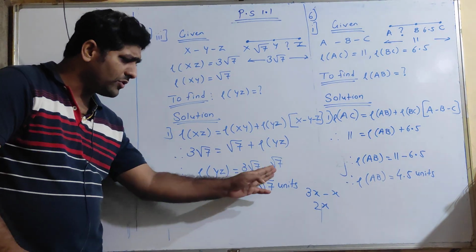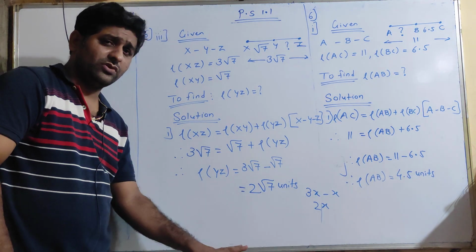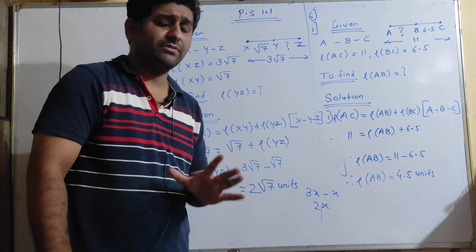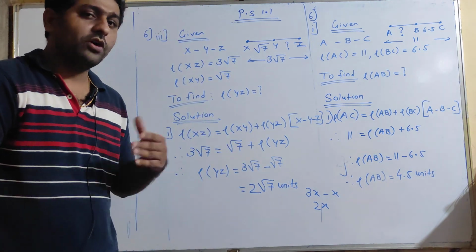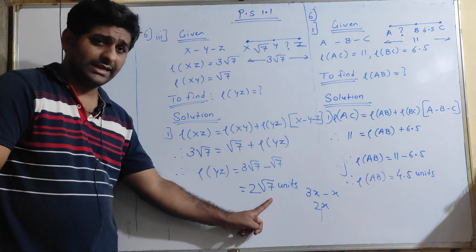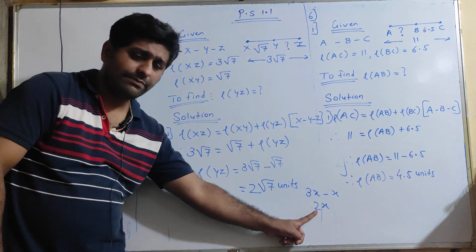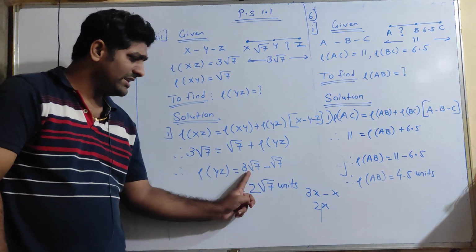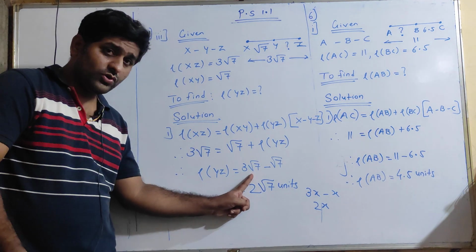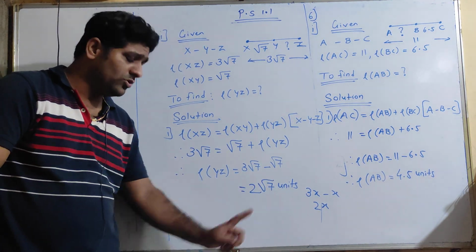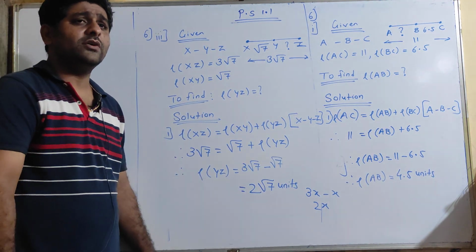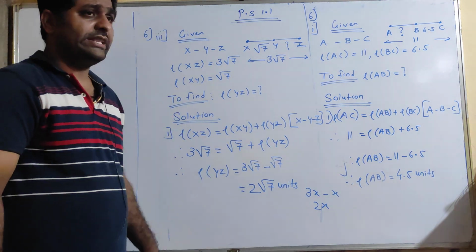Okay, students, we are going to study in detail these types of calculation in algebra in our topic called surds, right? It's actually a part of real numbers, that is surds. So you are going to study in detail about that. But right now this is the way you can link it up. If 3x minus x is 2x, similarly it is more or less the same. Instead of x there is root 7. So we are going to say 3 root 7 minus root 7 is equal to 2 root 7 units. Okay, so that's what we are going to do in this type.